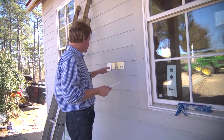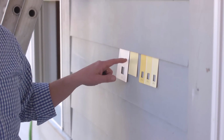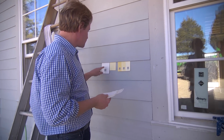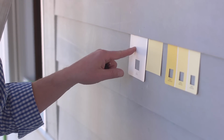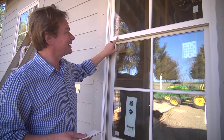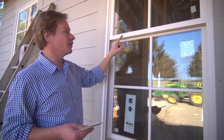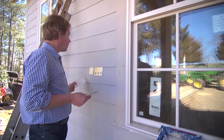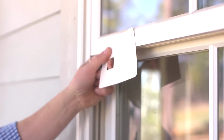So what I'm doing is I'm looking at this sort of butter yellow to match the farmhouse. I'm really liking this color a lot, and also trying to pick just the right white, the white that will actually work with these windows. Since the windows are already pre-painted, you know, they come with a warranty. I really would rather not paint this finish. So I'm trying to come up with a white that'll work really well with this,